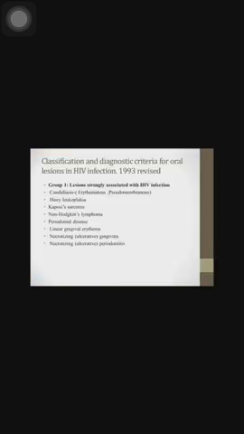The WHO classification of HIV associated clinical disease is shown in the following chart, that is clinical stage 1, clinical stage 2, clinical stage 3, and clinical stage 4. Clinical stage 1 is asymptomatic, clinical stage 2 has unexplained weight loss, clinical stage 3 has unexplained severe weight loss, that is more than 10%, and clinical stage 4 includes pneumocystis pneumonia. Now going to the next slide.